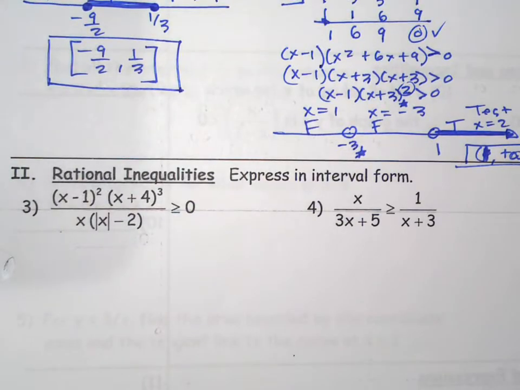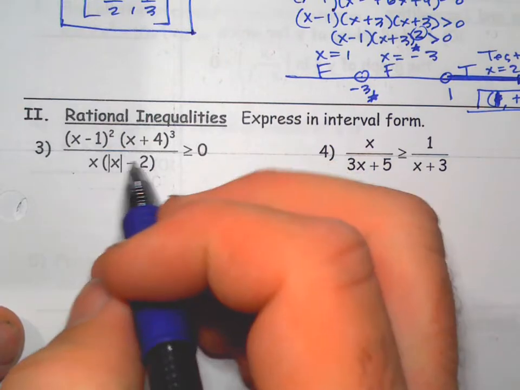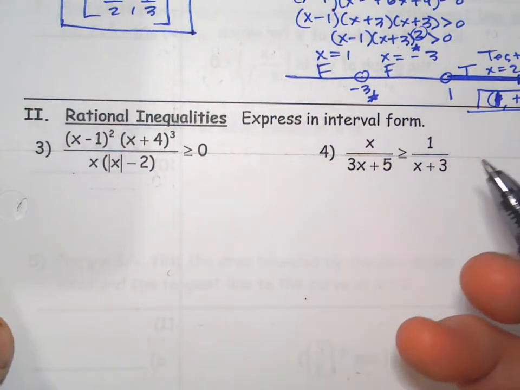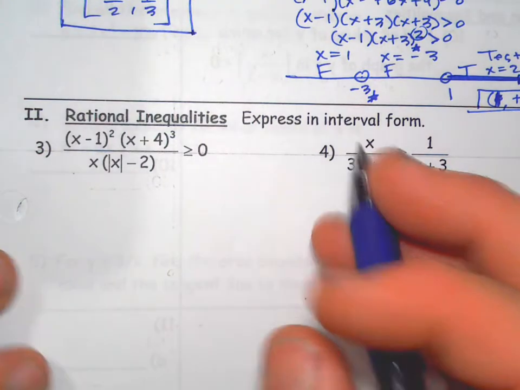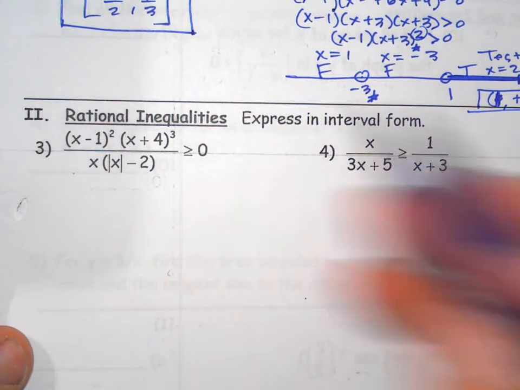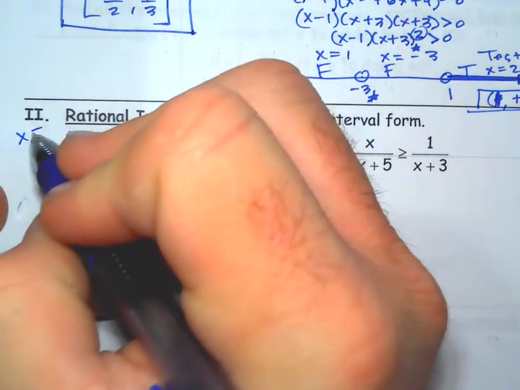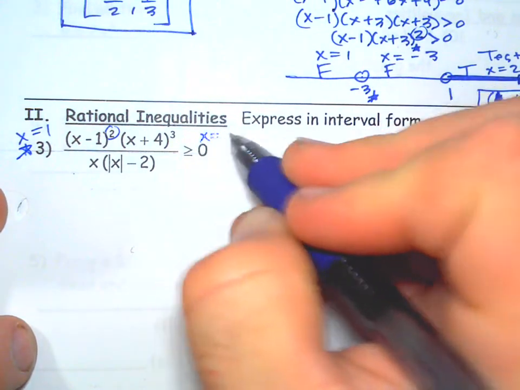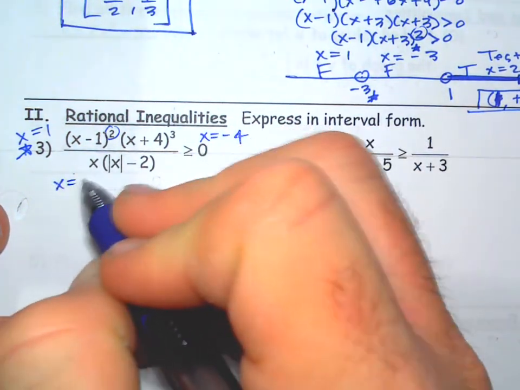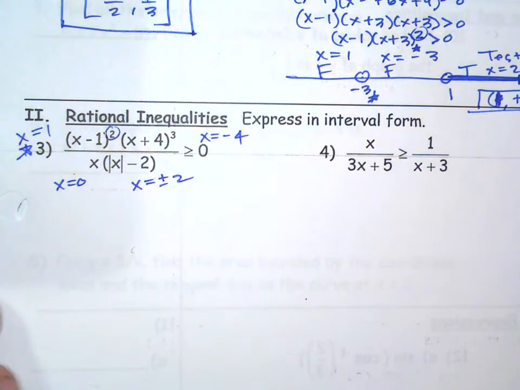Do some rational inequalities. Very similar ideas and work, except the things in the bottom are vertical asymptotes, but they do have the same effect as a 0. The graph usually changes from positive to negative, which changes the inequality true to false. And a line check. This one's all ready to go. X equals 1, but watch out. X equals -4, x equals 0, x equals plus or minus 2. People love to forget that there's two solutions to absolute value